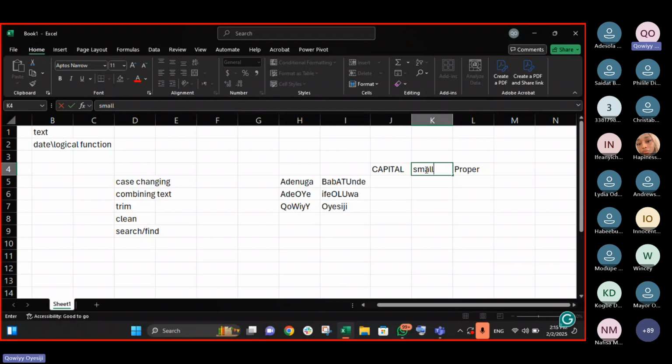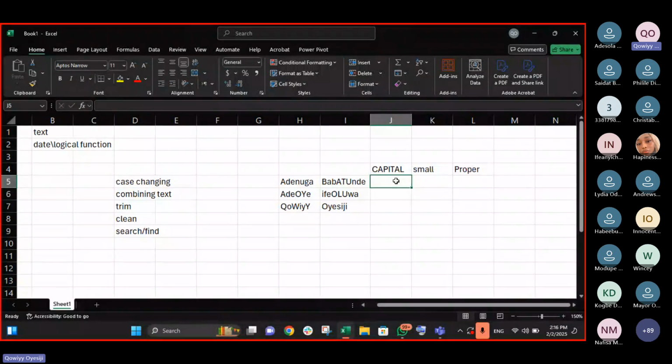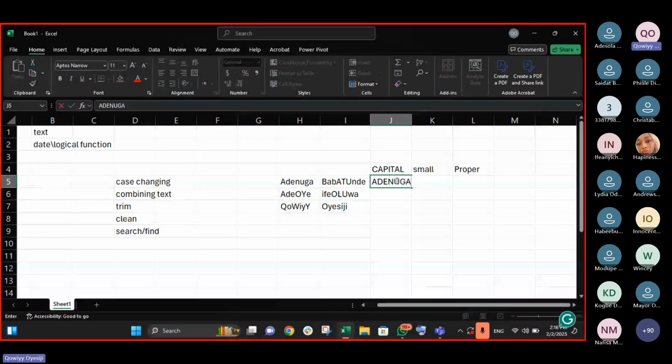We have particular functions which we use in changing text, because sometimes we are going to have a list of data. Like this data now, my boss says, okay Kowi, take this list, I want everything in capital letters. It does not make sense to start typing again one by one, then again in small letters, one by one.